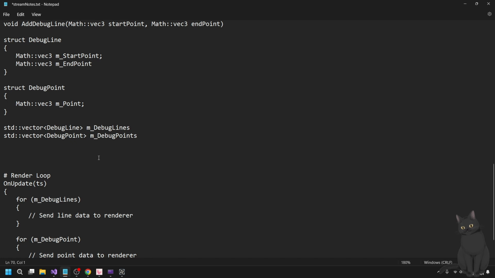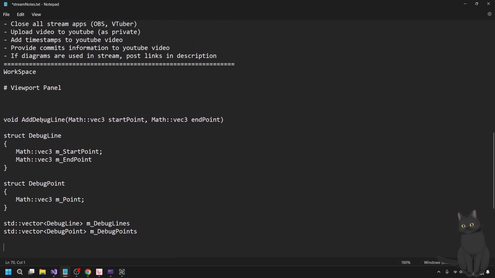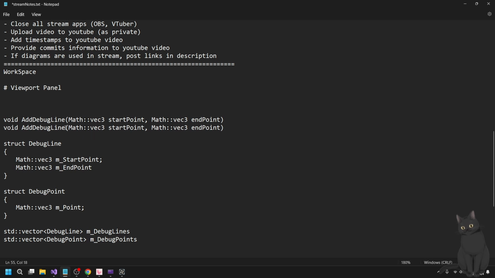And then the external API again will just be AddDebugLine, AddDebugPoints, and then we'll just do points. There we go.